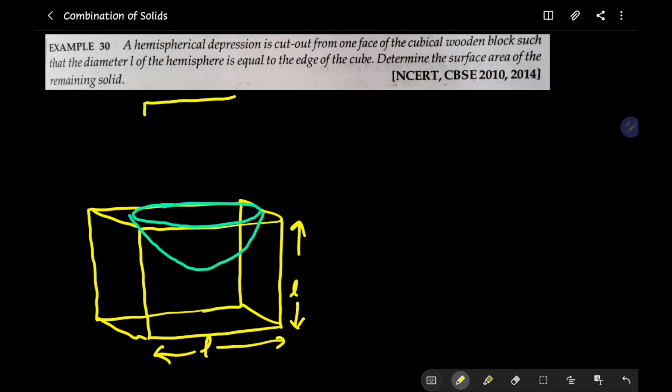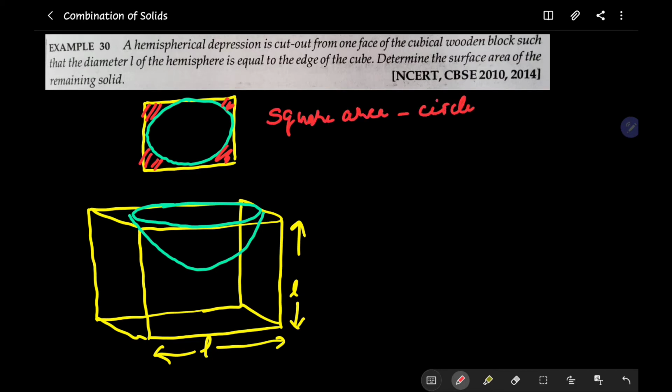You can see the top view as a circle inside a square. The flatness is just around the circle, which is shown in the red color now. Inside the green color circle, we can see the curved surface area of the hemisphere. To get the flat surface area of the top surface, it's enough to subtract the circle area from the square area. So totally the flat surface area will be now the 5 undisturbed squares and also the flat area shown in the red color on the top face.